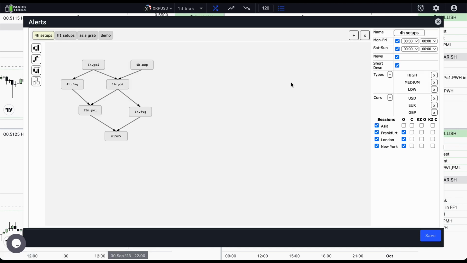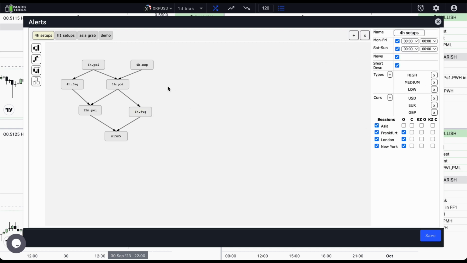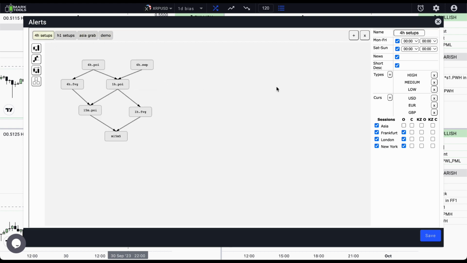Alerts Editor contains the following sections. The main toolbar. It is used to create root elements of your SMPA setups. Diagram pane. It is where you can see all your trees of setups. Property grid. That allows you to change the settings of your nodes and to change the general settings of the alert system. And finally, you have a tab section. Tabs allow you to split your trading setups into different zones, so that they are not in the same place creating mess for your eyes.